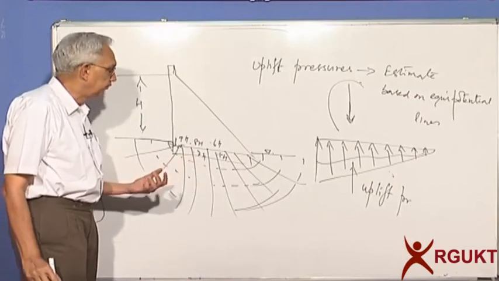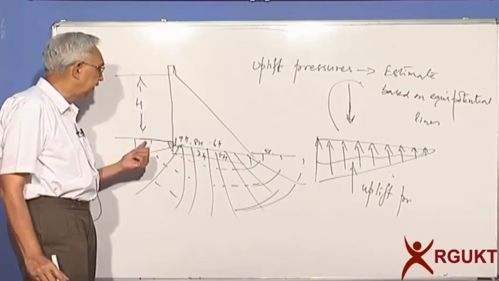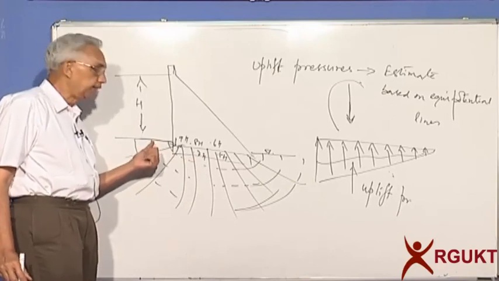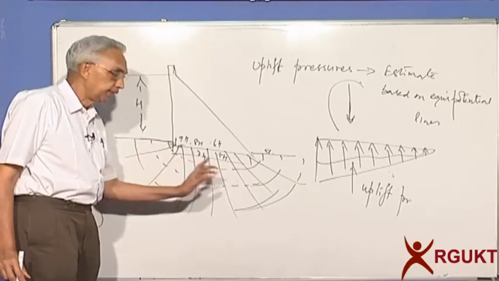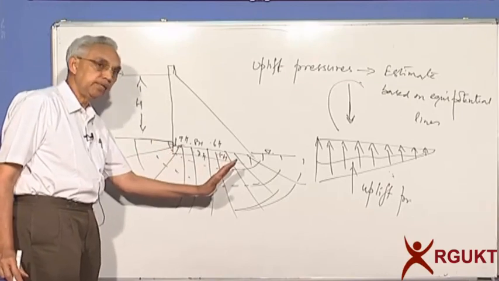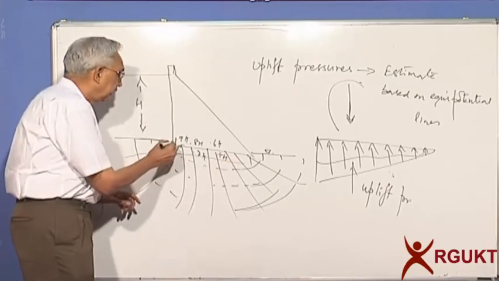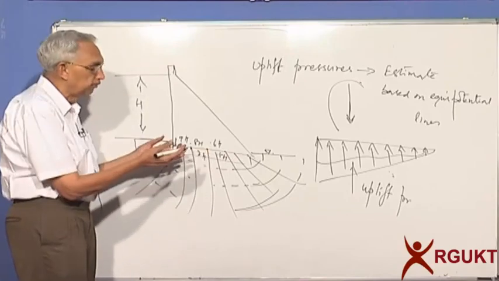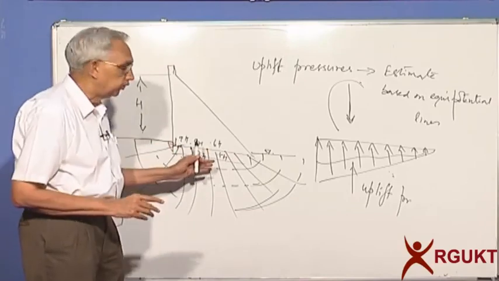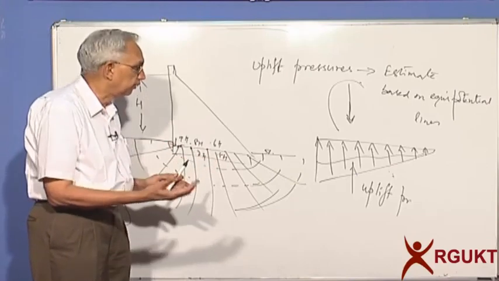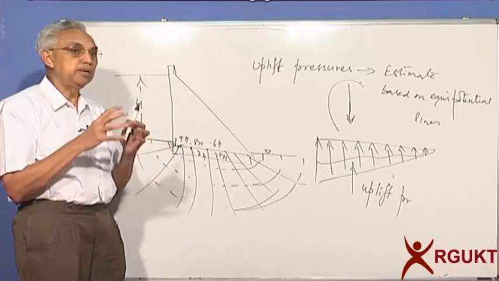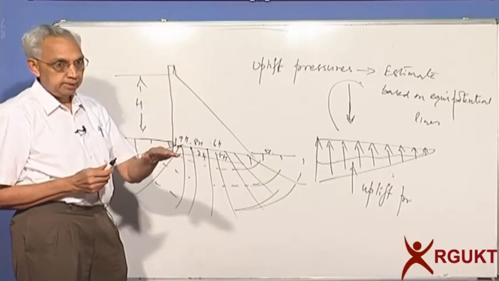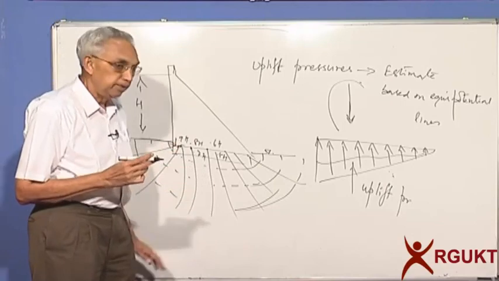Any flow net if you give me or you draw, you can easily see that the upstream equipotential line is full head, but any other one will be less. So depending on the location of the equipotential line, I can easily calculate what will be the uplift pressure, and that will be the one that will be acting on the base of the dam or the weir or the barrage. And you have to make sure under the full reservoir condition, the weight is adequate, and now you realize